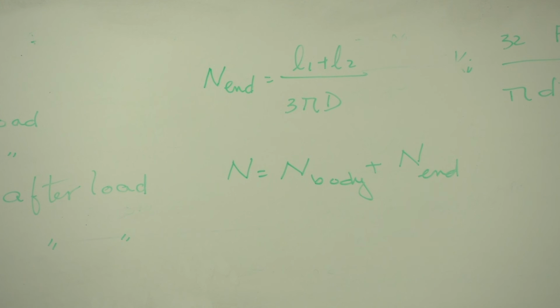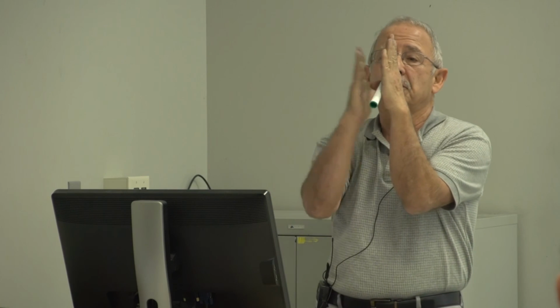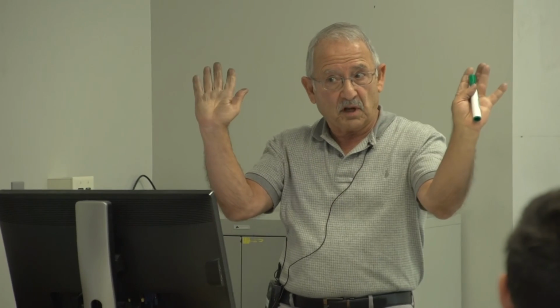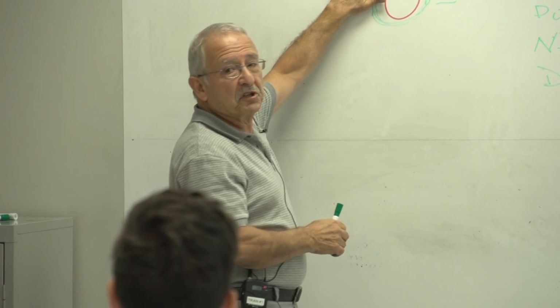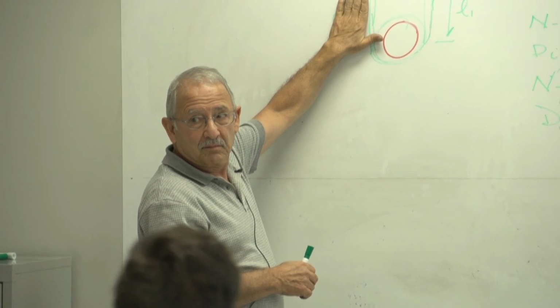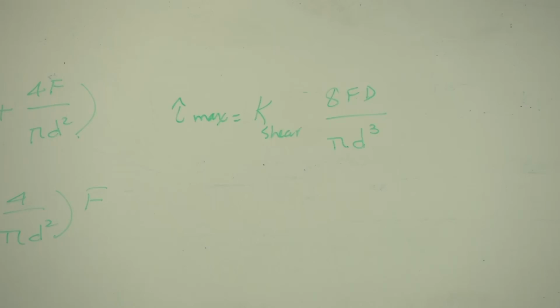Any questions? Yes? So if one of those arms is resting against a support, it still carries the load, right? Or no, it doesn't. So it's like a dead coil? Dead coil, yes. Because remember that if it's sitting against a wall like this, there's no way it can bend. If it doesn't bend, it's not carrying any load. So if I had it like this, L2 would be 0. So then the end would just be L1 over. Correct.